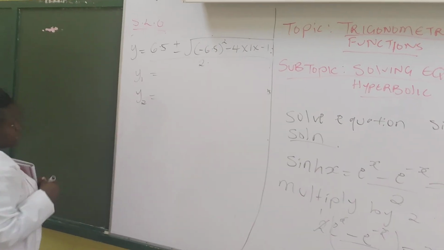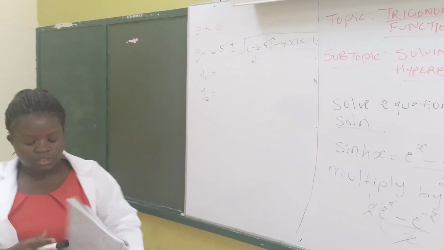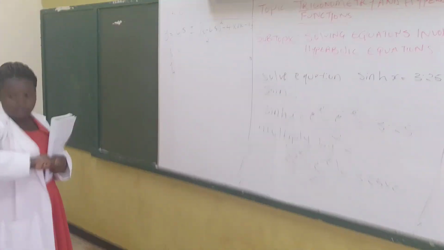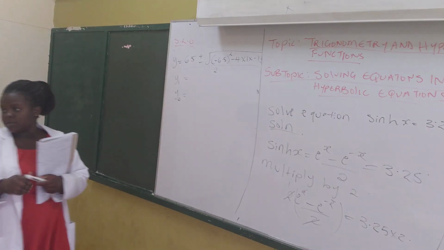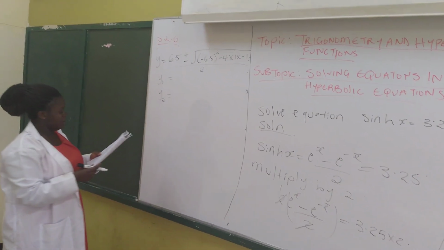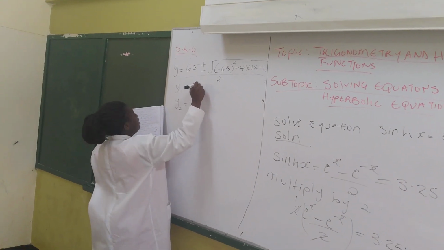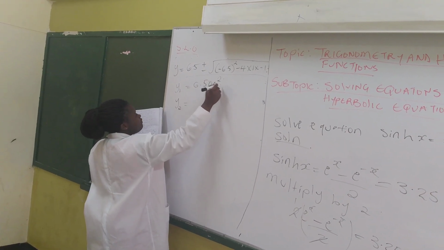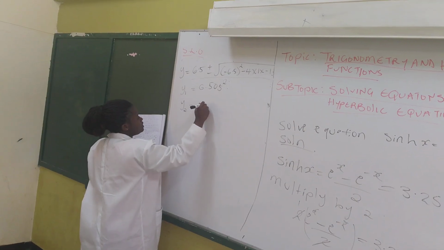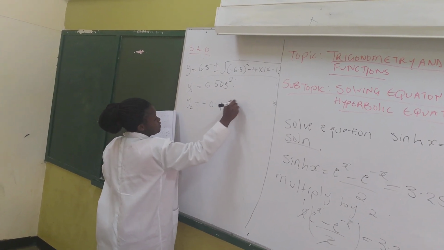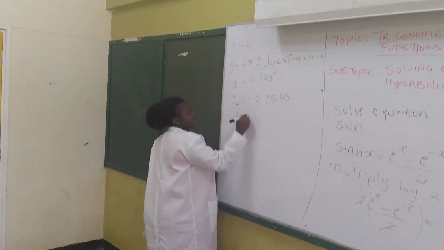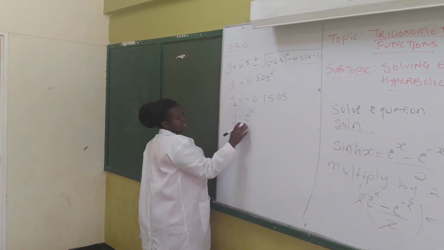So when you solve that using your calculator, what is your value of y1, class? We have 6.505, and y2 is equal to negative 0.1505. That is correct. So as we know, our y was the exponential of x, and this exponential of x